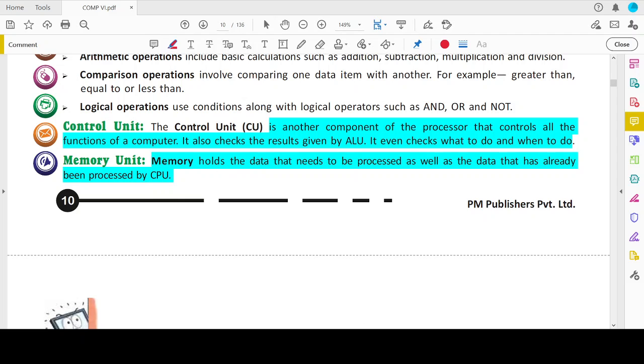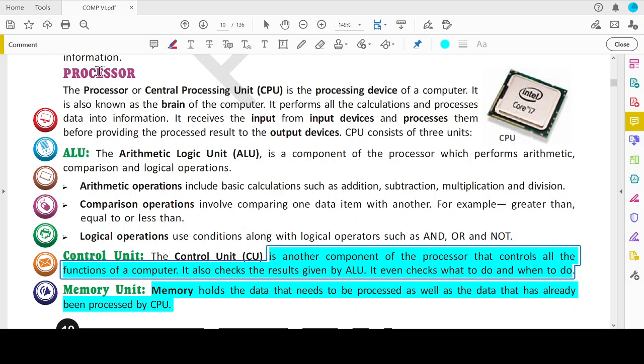So when you save the data from the main memory or the memory unit, it gets saved on the hard disk of the computer. That is the permanent storage area of the computer. We will see about the memory hierarchies. I have already told you that we will go through the hierarchies in the next chapter, and we will be clear about it. So what are the different parts of the processor?